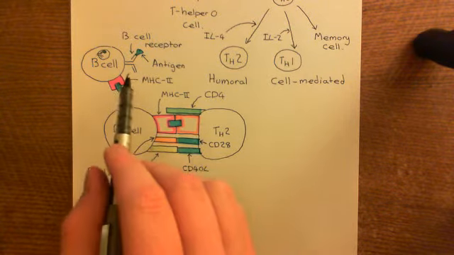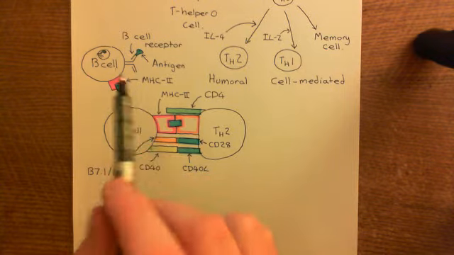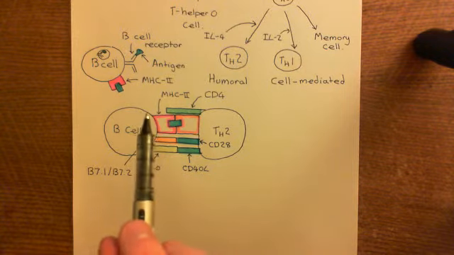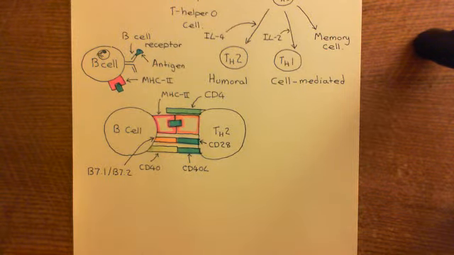So let me run through what's happened again. The B cell was sitting quietly in its B cell follicle when this antigen arrived, and this antigen just happened to be complementary to its B cell receptor. So the antigen binds to its B cell receptor, it's internalized, the antigen is broken down, and many fragments of it will be presented on MHC class 2. Now, one of these fragments just happens to be the same fragment that you initiated the whole T cell chain